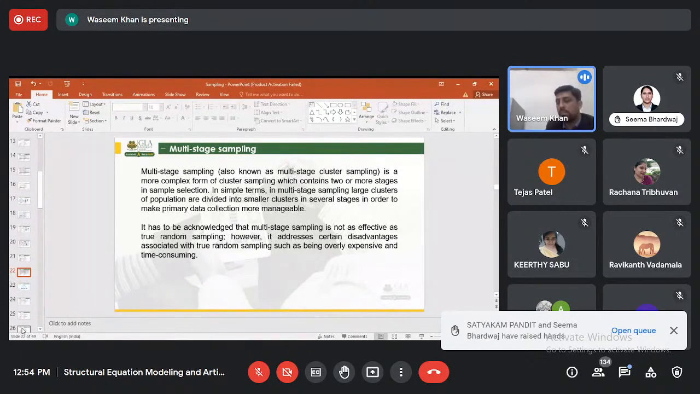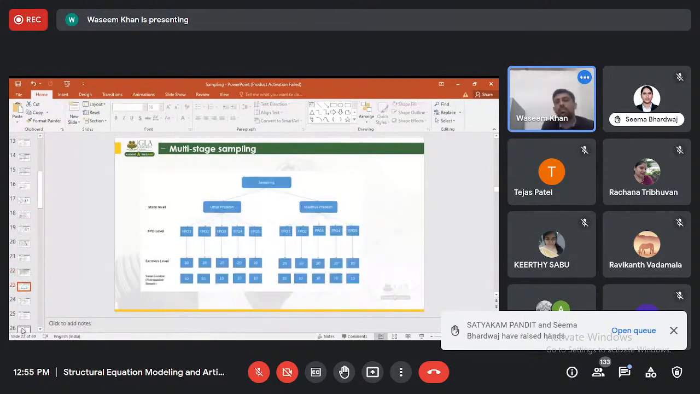Basically, researchers or students are very much confused between multi-stage sampling and quota sampling. I will discuss in quota sampling what the difference is between multi-stage sampling and quota sampling, right? Here is another project we have done,